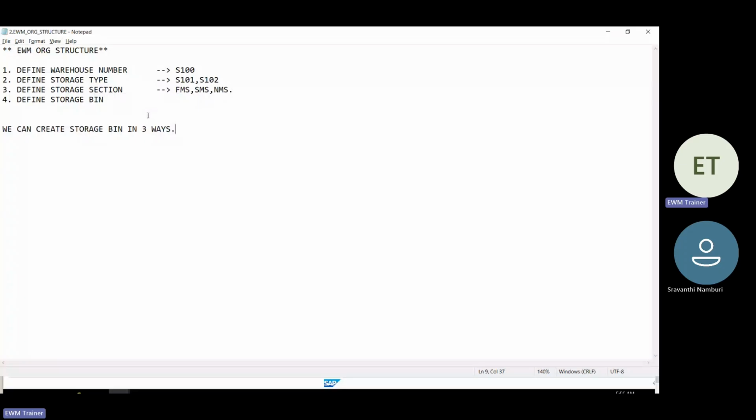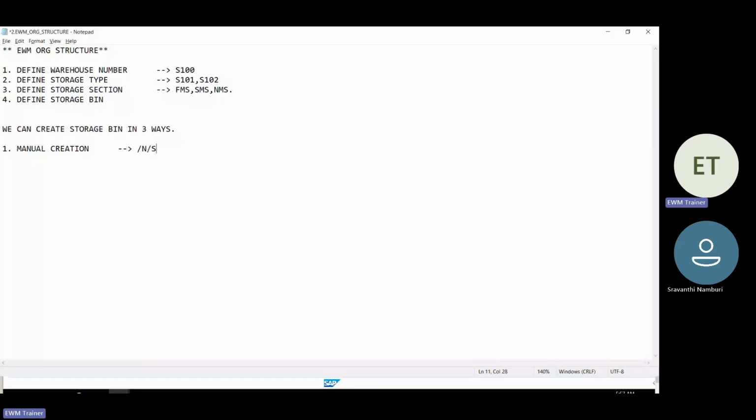First is manual creation. Manually you can create, and for this we have the transaction code